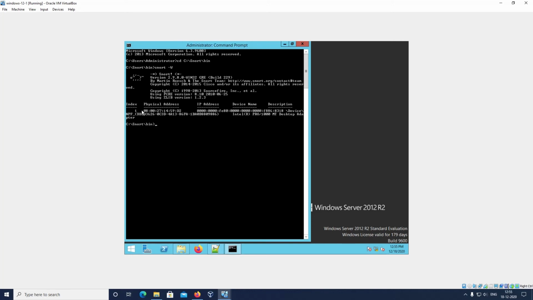Here you can see one physical interface is up, and Snort will communicate with this particular physical interface. If in your case no physical address is specified, or you haven't got any output of a specific physical address, then Snort won't detect any intrusion or any packets being generated. So please always check that the interface is up and working. In this case, we are getting one interface physical address. Now we can go further.